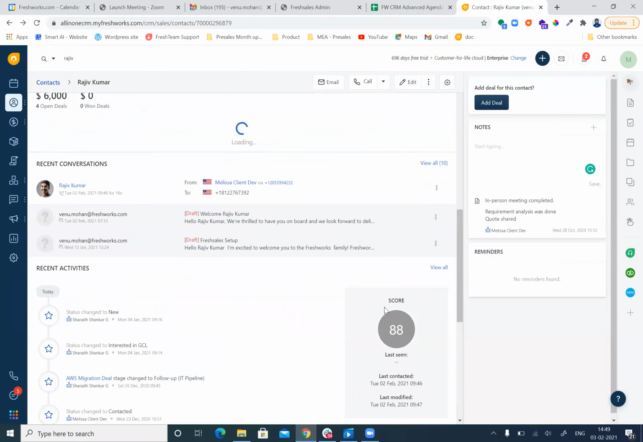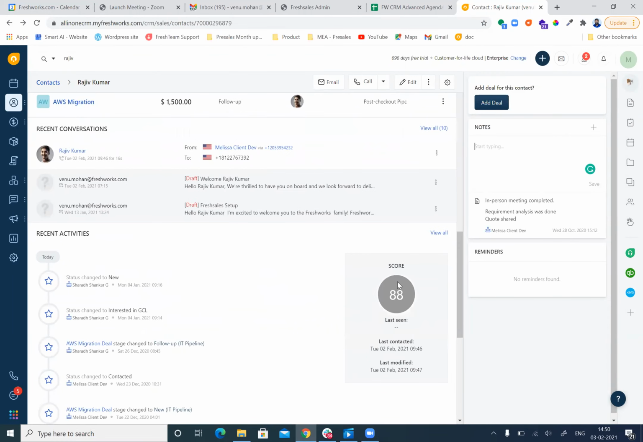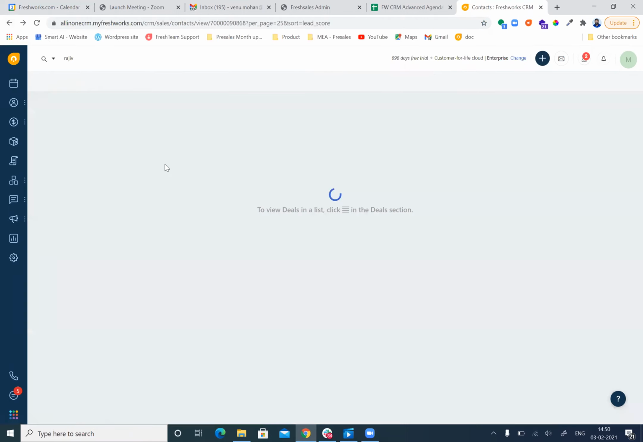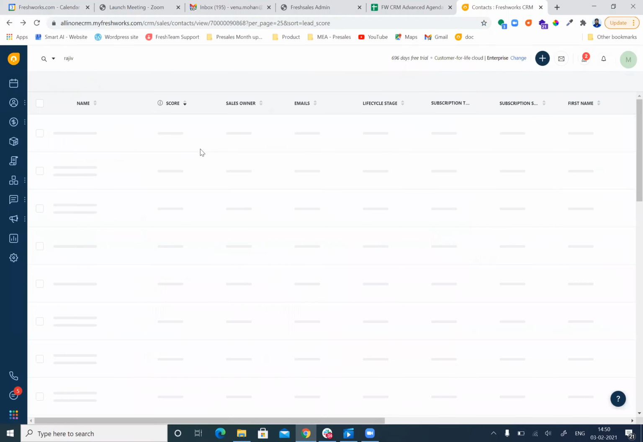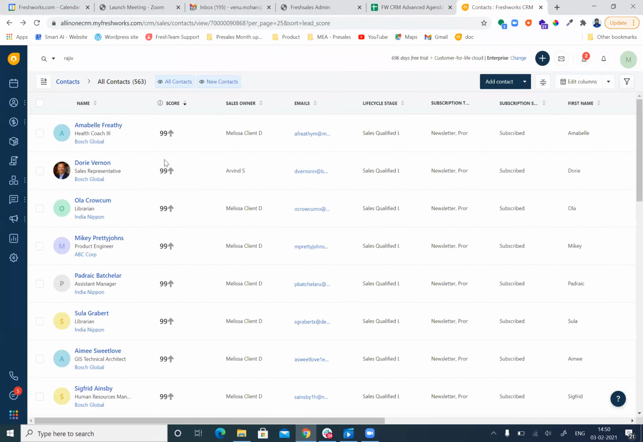So, by the way, your salesperson can easily identify the hot priority customers and take them to closure as soon as possible. If you go to the contact home screen, here you can see the lead score for each and every customer. The sales agent can focus on high priority customers initially to close the deal as soon as possible,